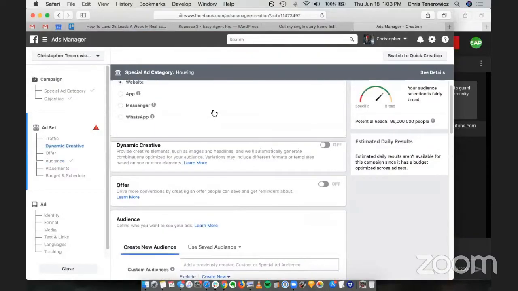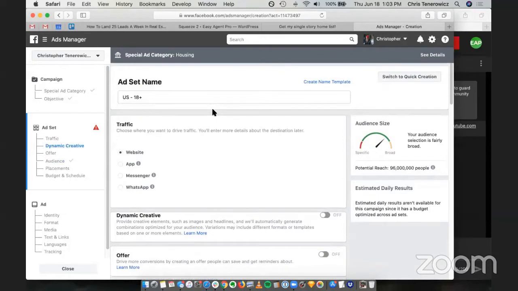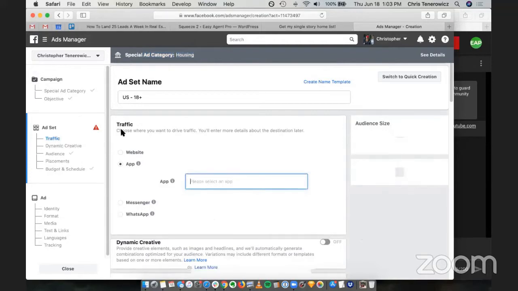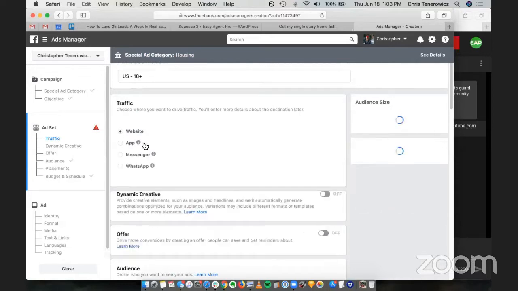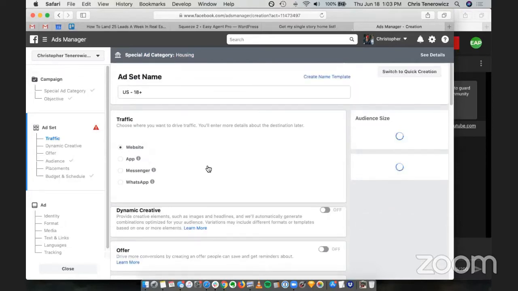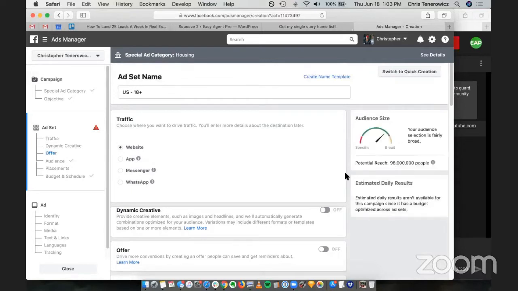So now, I've started to create an ad here, for a specific set. This category is under housing because we are promoting real estate listings. Facebook has a great number of filtering options that are unavailable. Let's click website again. So they really limit what you can and cannot do for a specific thing.